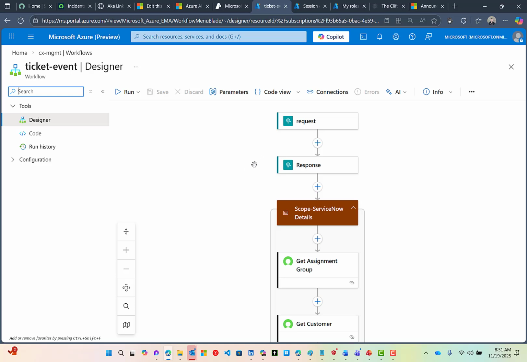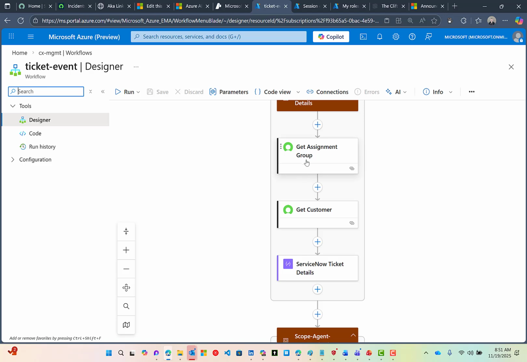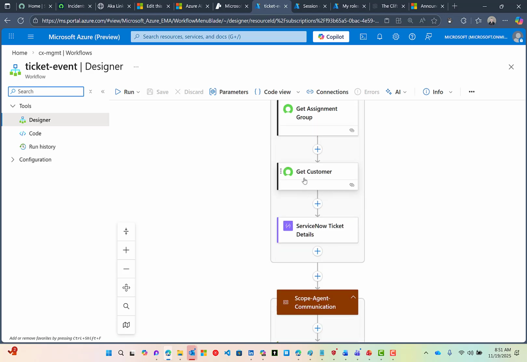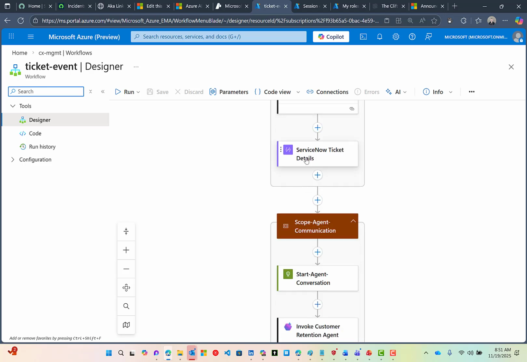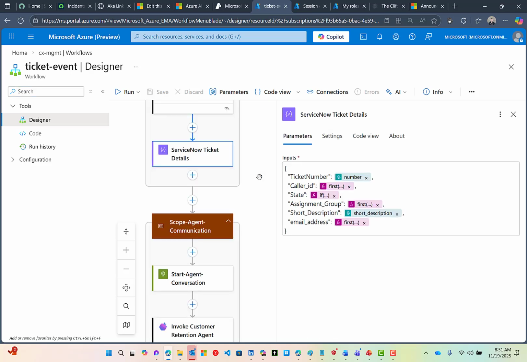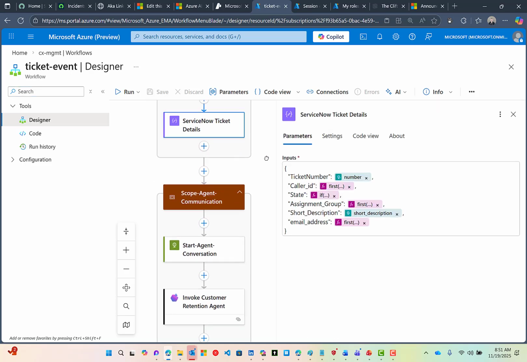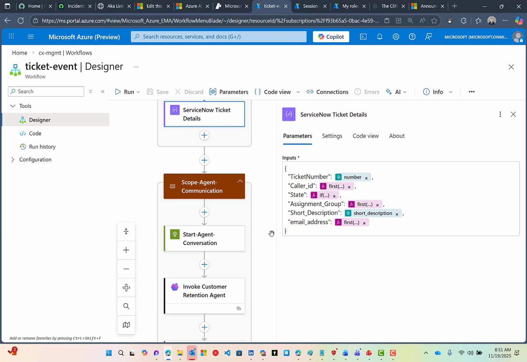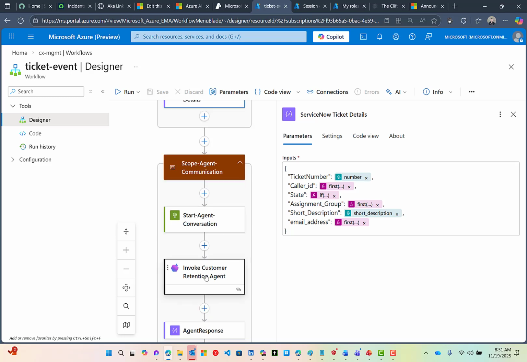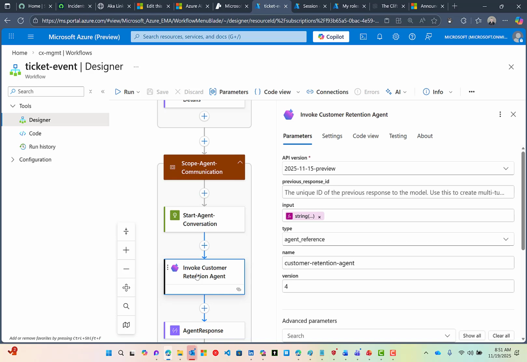So we've got the same setup here where we've got a request, and we're going to get the assignment group and the customer details, and then aggregate those in a compose action. Then we want to invoke the customer retention agent. This is that new connector that exists. We can see the API version here as well. And we're going to take the details from ServiceNow and call